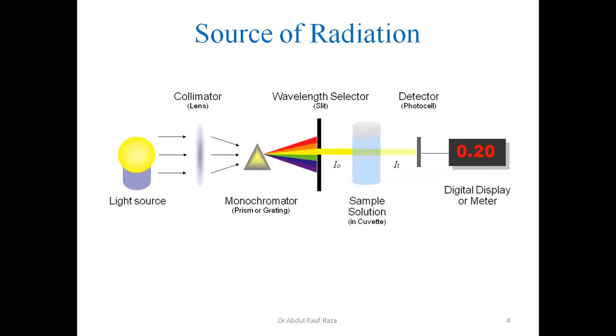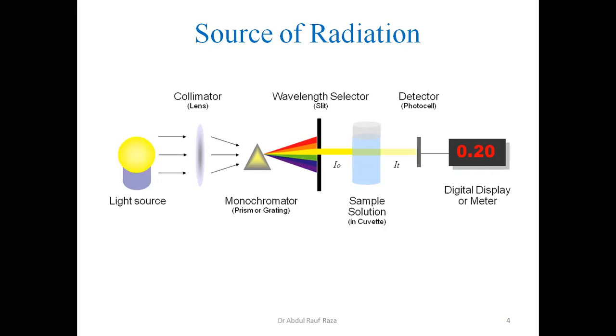So whenever we use the instrument, it asks for three ranges. Either you are interested to work 750 to 350, 350 to 200, or 750 to 200, the longest range, meaning UV and visible both. So then we select. It is recommended that you select the range where you think you should work. If your analyte is colorless, it means it shall absorb in the UV region, not visible. If it is colored, it means it shall absorb in visible, not in UV. So that's how we can avoid waste.